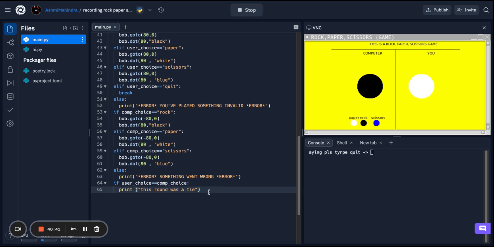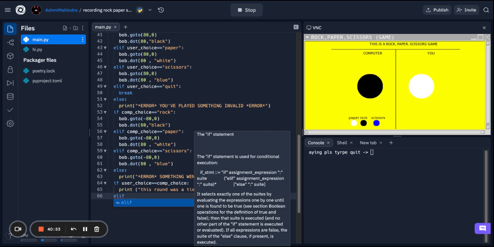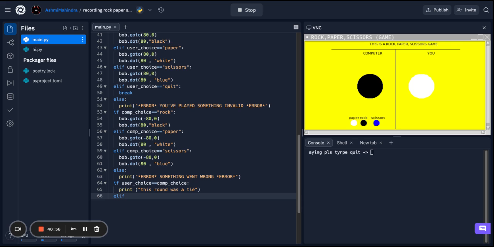Okay, and then we're gonna do elif user choice equals to rock